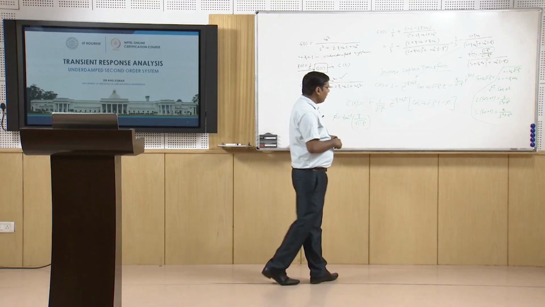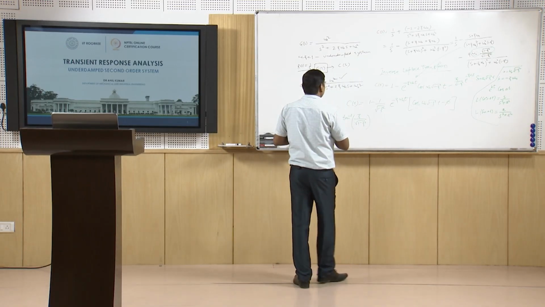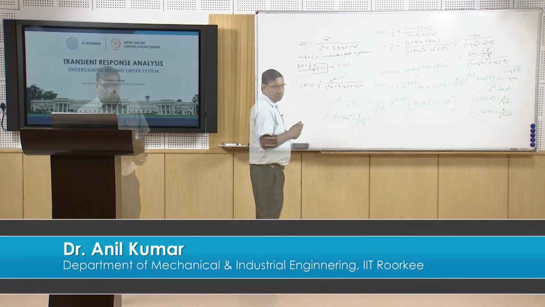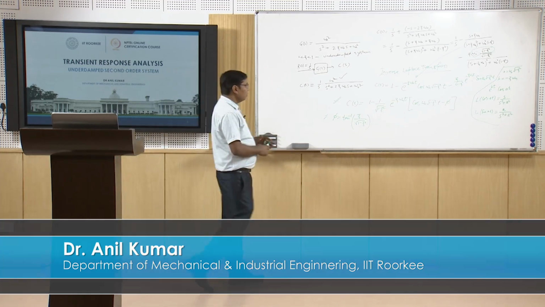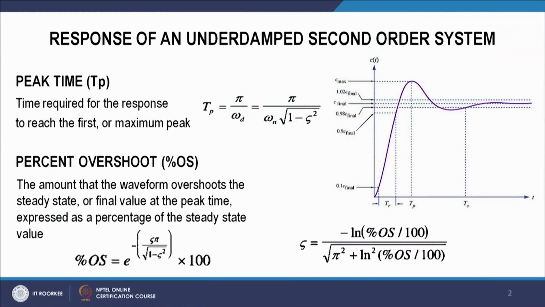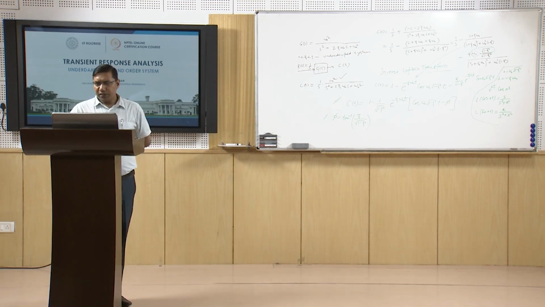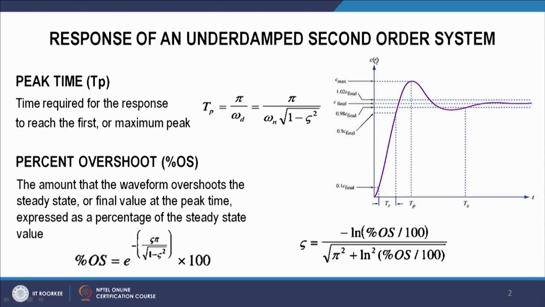So here we have the response of this system. We can see that in the response there is damping and natural frequency of this system. So damping and natural frequency decide the response of the system, especially the transient response. So we can see here a typical response of a second order system,